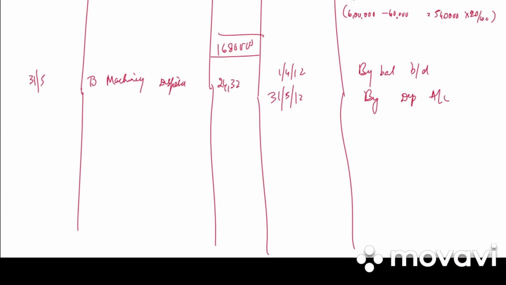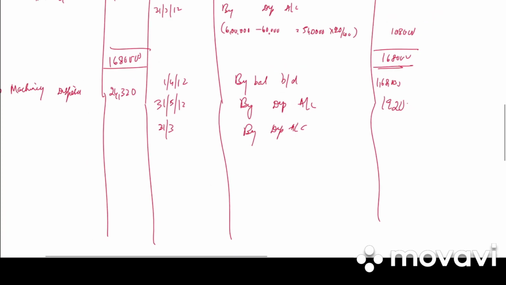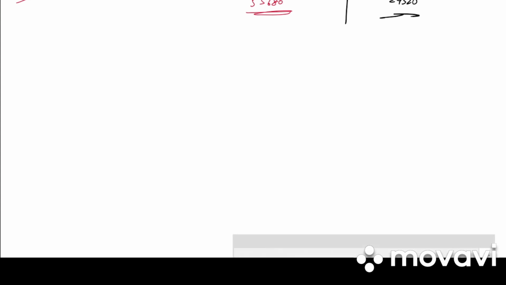So 24,320 is machinery disposal. On 31st March, by depreciation account, we need to calculate the remaining depreciation for 31st March